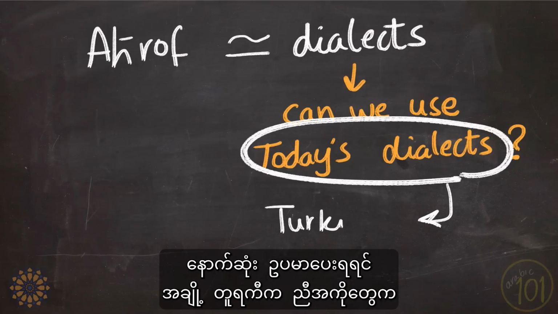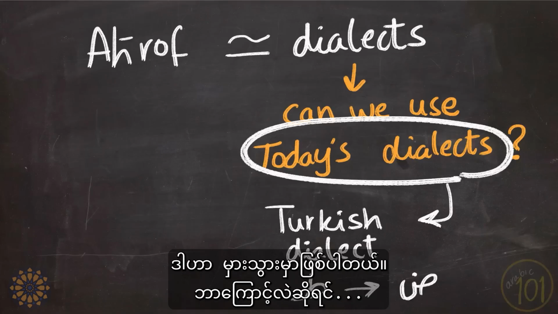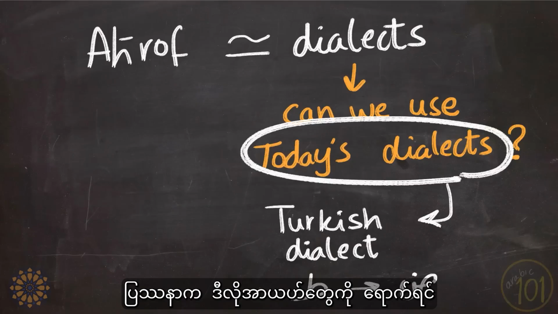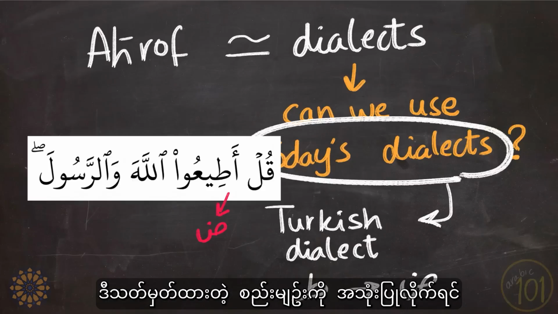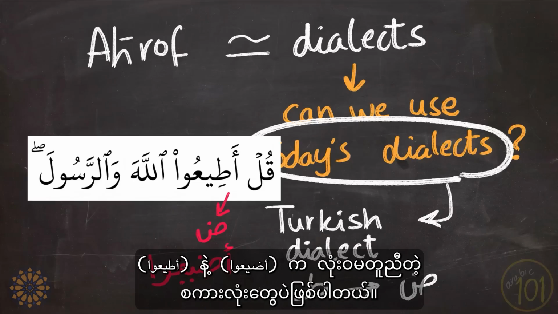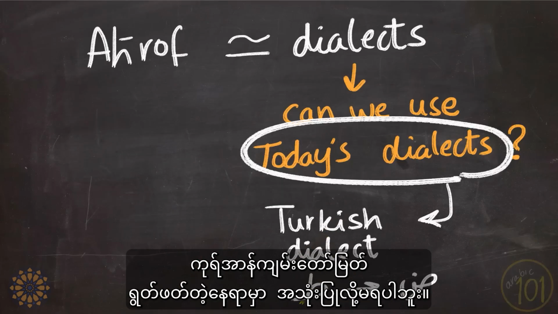And one last example is that some Turkish brothers exchange the letter ta into da. And that is actually a mistake, because they would read وَحَفِظْنَاهَا مِن كُلِّ شَيْطَانٍ رَجِيمٍ. But the problem is, if you come across an ayah like this and you apply this rule to it, you would completely change the meaning of the ayah to a point that is completely unacceptable. And of course, adi'u is a completely different word than ati'u. So the contemporary variations of the Arabic language nowadays cannot be used to read the Holy Quran.